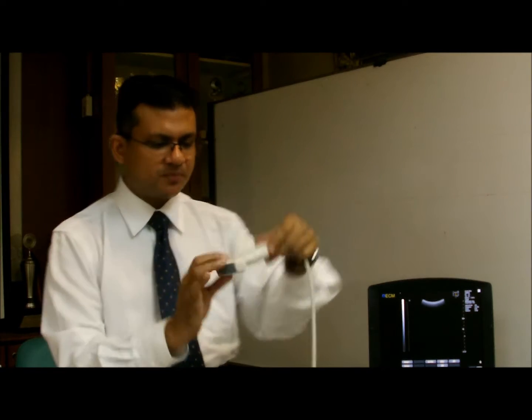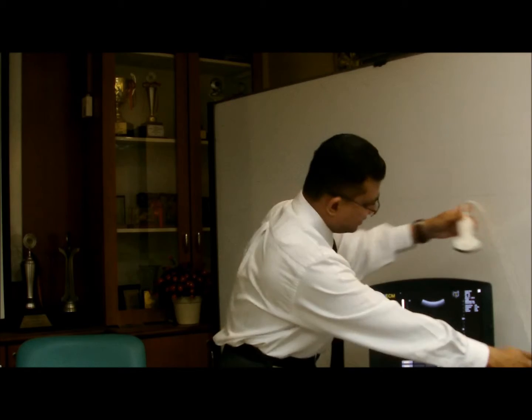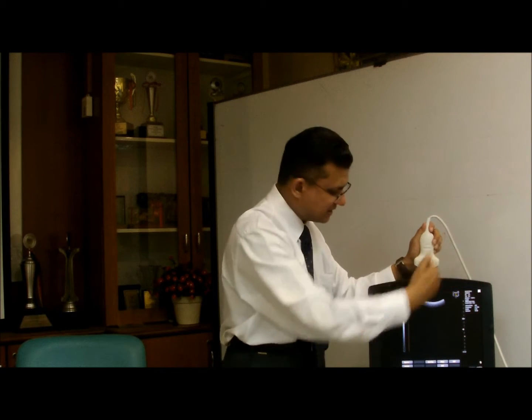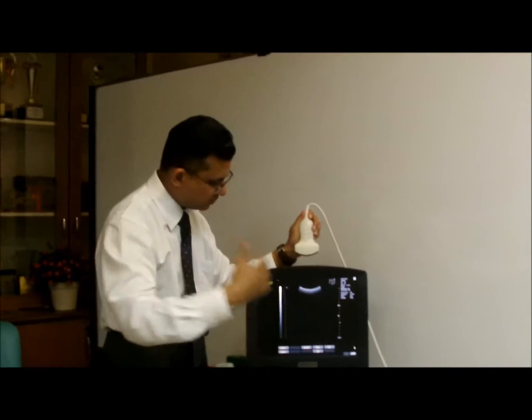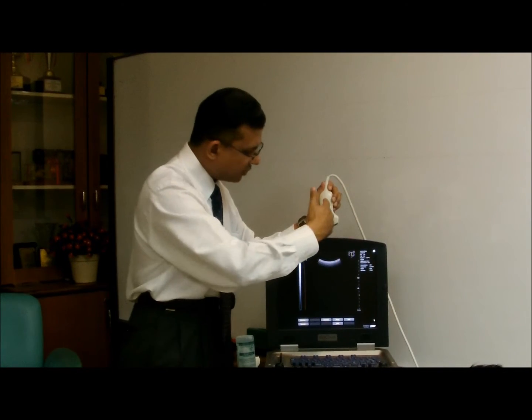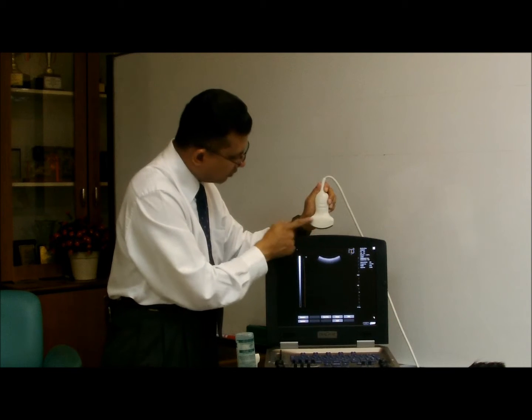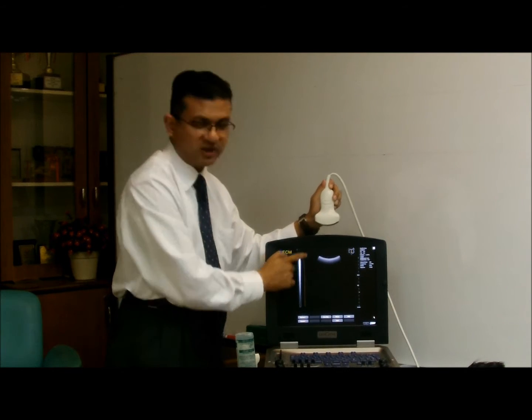Ultrasound for acute abdomen. Very quickly, if you look at this probe, if I put it like this and divide it into A and B side, what would appear here when I do the scan? It would appear on the A side, and whatever is on the B side, it cuts and appears on the correlating side. The arrow would be here, and it correlates with the point over here.